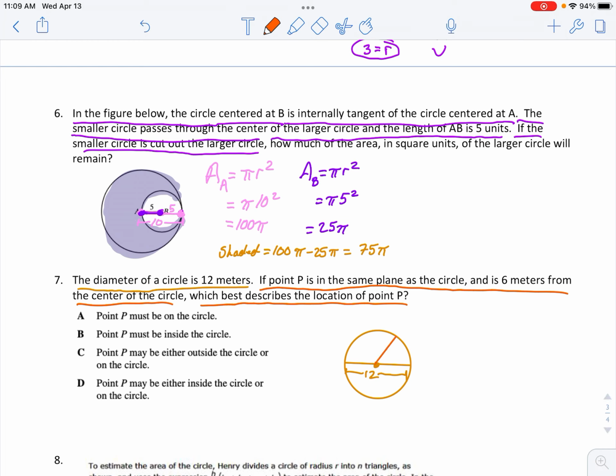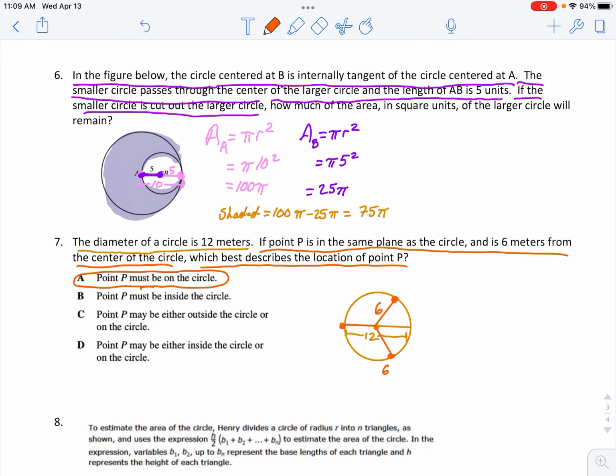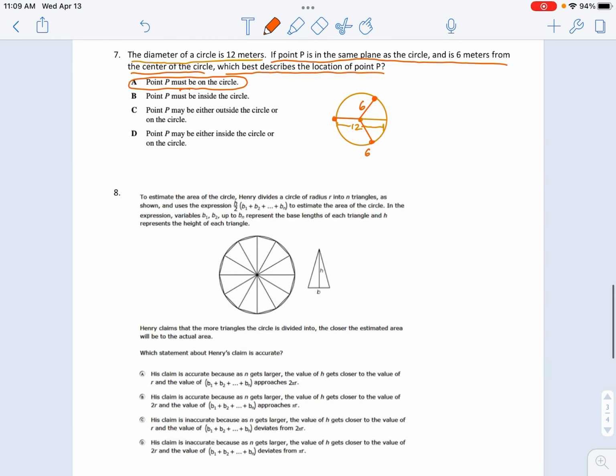Well, if it's 6, that means right there it's essentially a radius length away. It doesn't matter where you put it. You could put it there, you could put it there, you could even put it right here, and so on and so forth. It's always going to be on the circle. So point P must be on the circle, and the answer is A right there. And then the last one